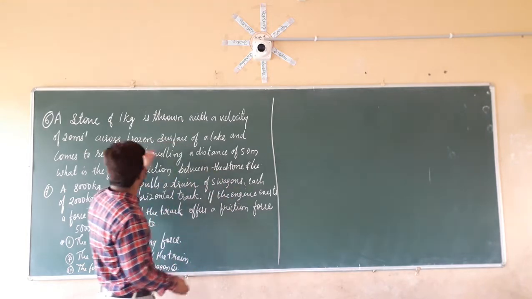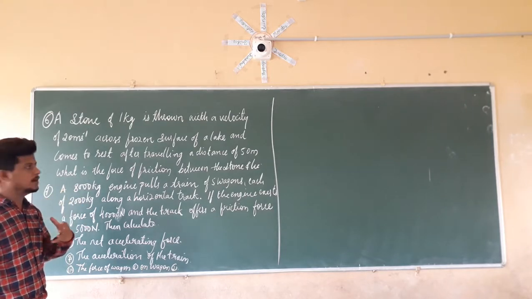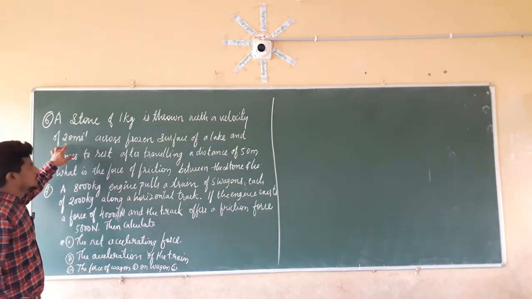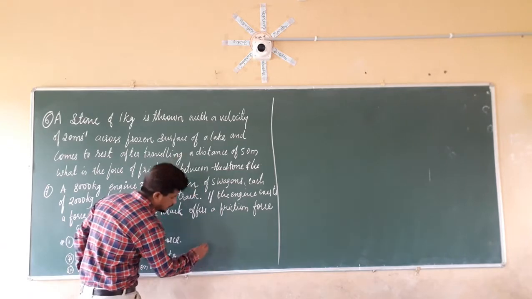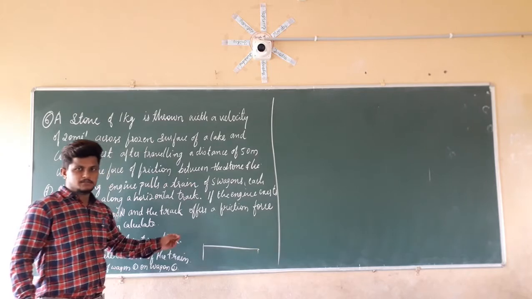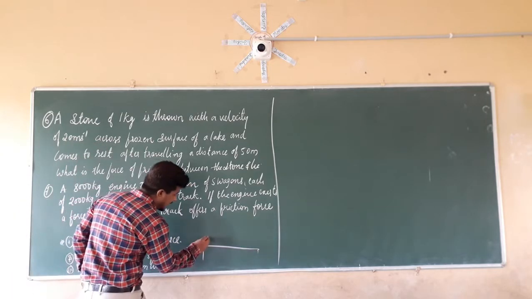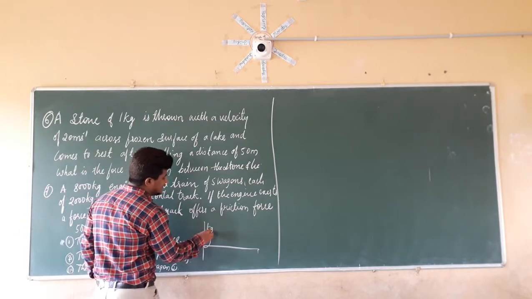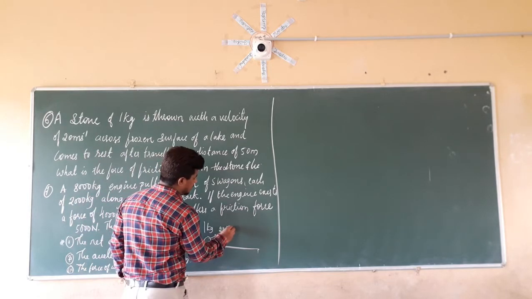Now, if you take the example of this question here, what is given? The stone of 1 kg, that is nothing but the mass of the stone, and it is traveling with a velocity of 20 meter per second across the frozen surface of a lake. The frozen surface of a lake is nothing but the ice only. So on that, a ball of mass 1 kg is thrown and its initial velocity is 20 meter per second.